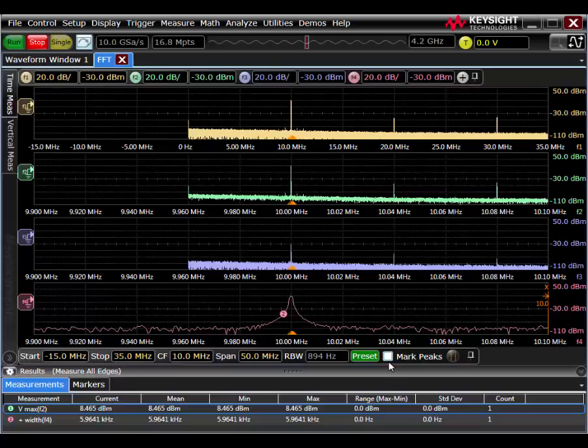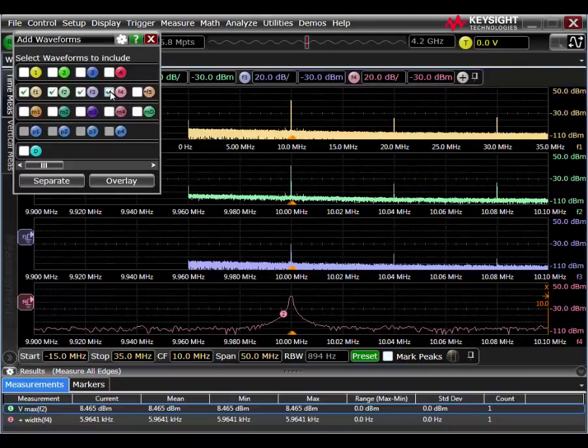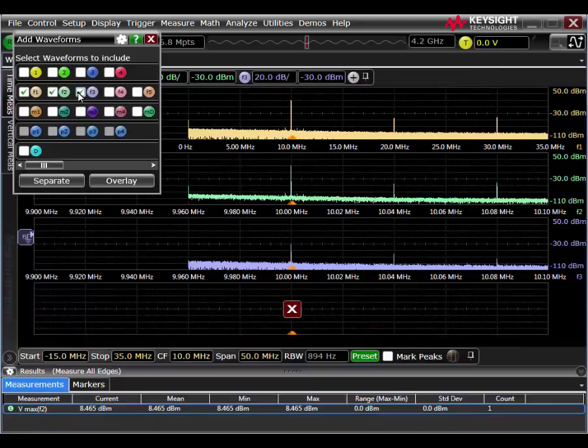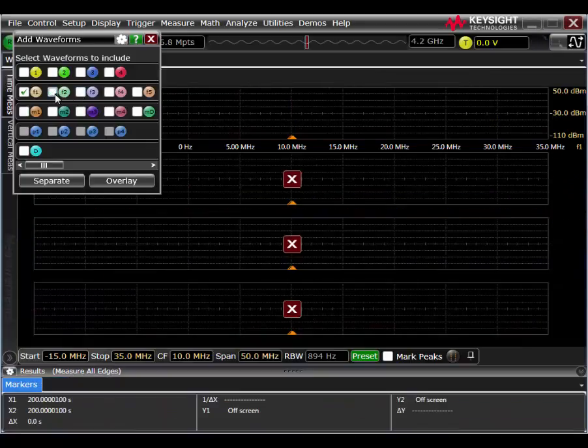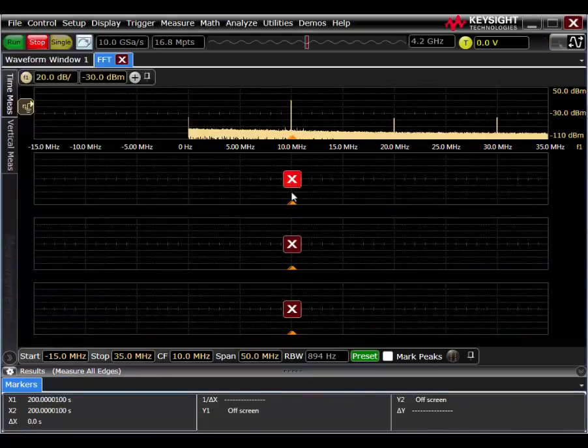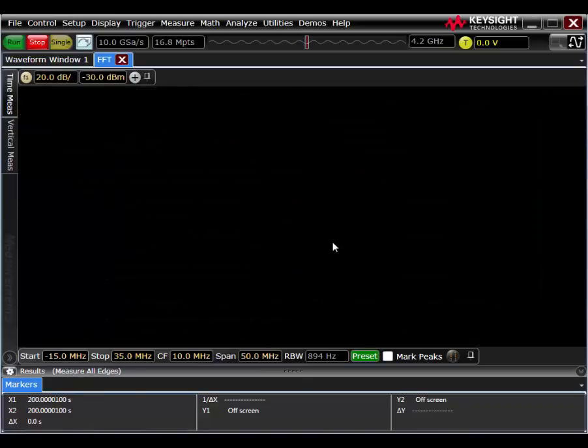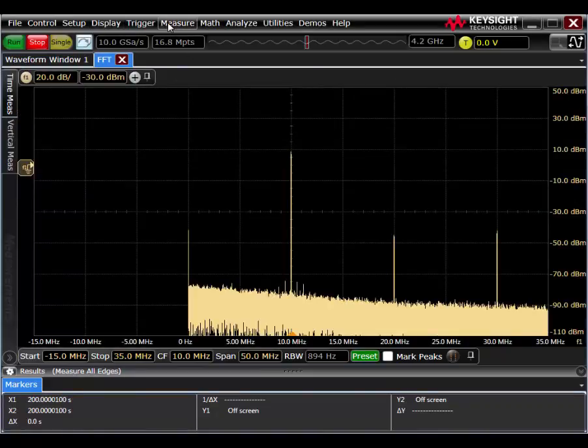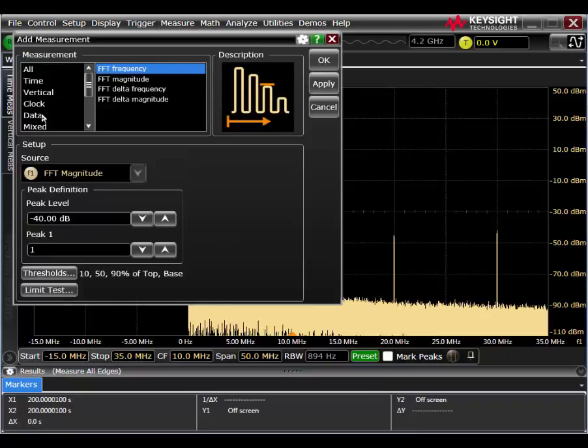I want to show that we have some additional FFT built-in measurements, and really I don't need these other channels. I'm going to turn them off, which is easy. I just click on this plus button, turn off F2, F3, and F4, and I don't want these grids. I can just close them out, and now I will go to Measure, Add Measurement, and on the left column